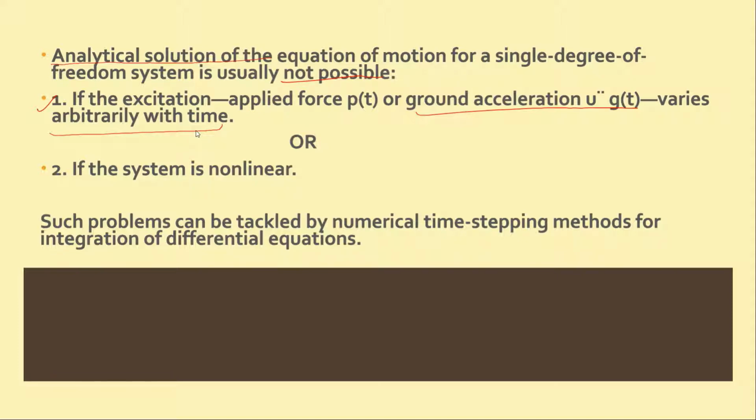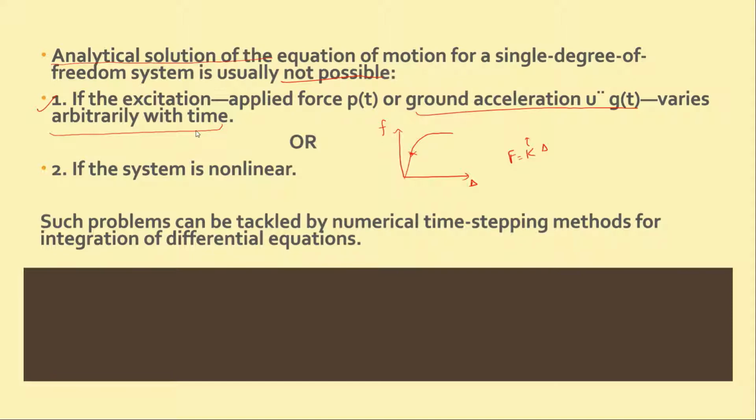Okay. Or the second case, if the system is non-linear, when the structure becomes non-linear after linearity, because we know that there is force and displacement. So when this force and displacement curve is plotted, up to linearity it's okay, we can say that F equals K delta, meaning stiffness into displacement, and K is linear here.